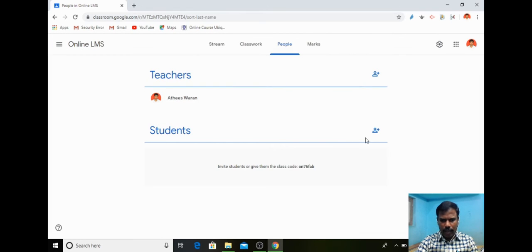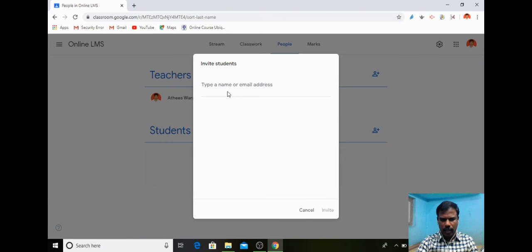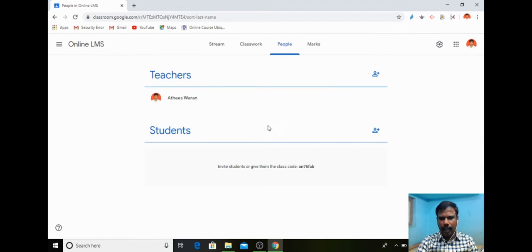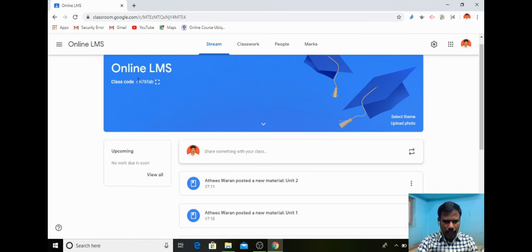If you want to add students, you can use the students tab. You can invite students by using the email address. A mail will be sent to them and if they click the mail, automatically they will join here. And another way, already you are familiar with, if you share this class code, they can use the plus link and join the class by using the class code.